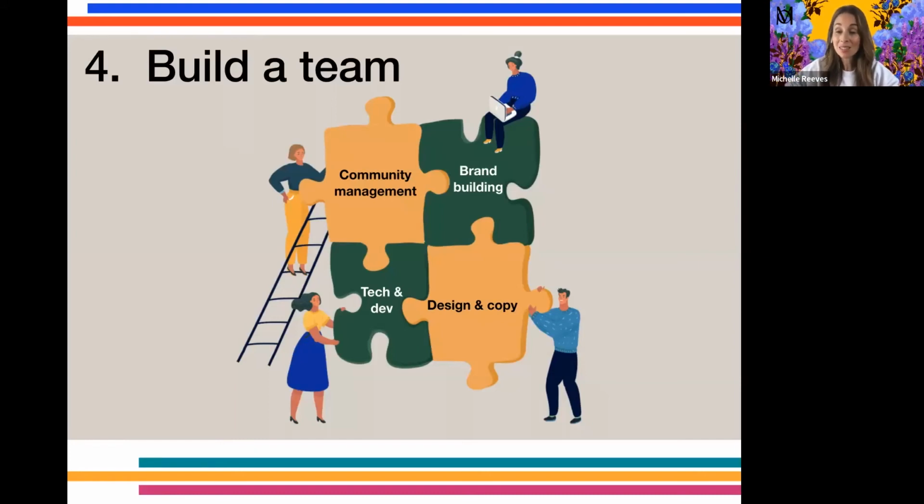You do need a tech and development team. There's a tech component to this. Smart contracts, digitizing your assets, minting things to the blockchain, creating your website, creating regular communications, whether it's through email, the ongoing support that you will need from your tech and dev team. One person can do it, or you could outsource it from an agency. It really depends on your project.